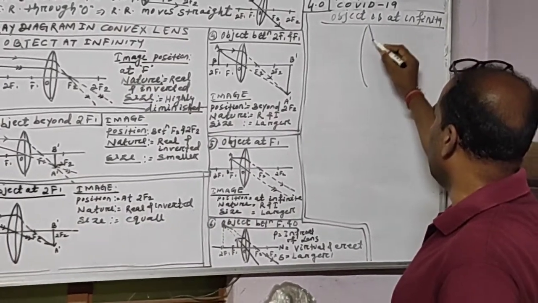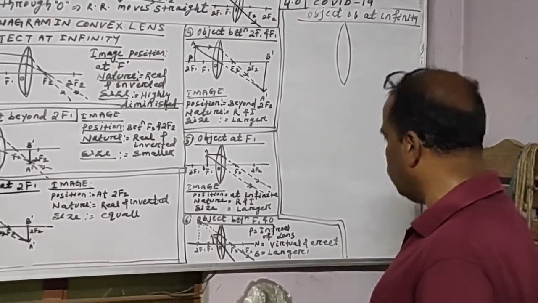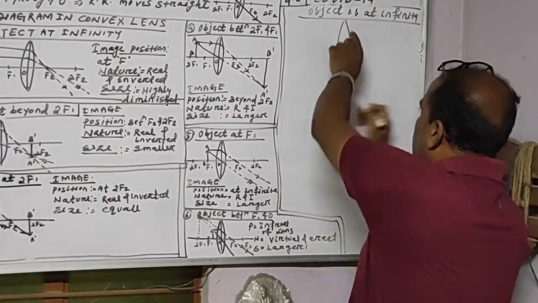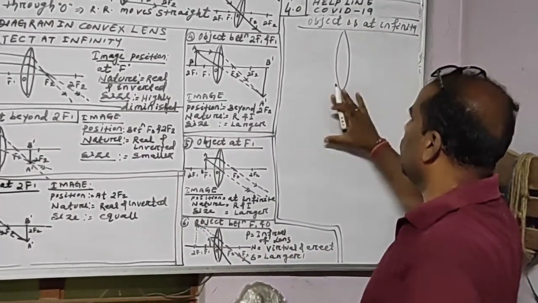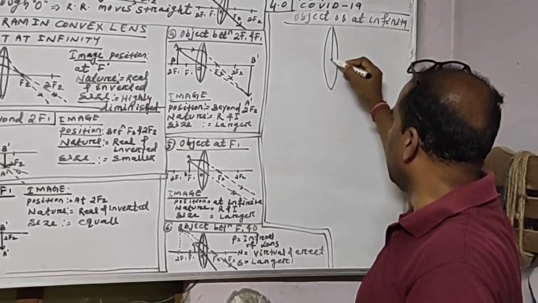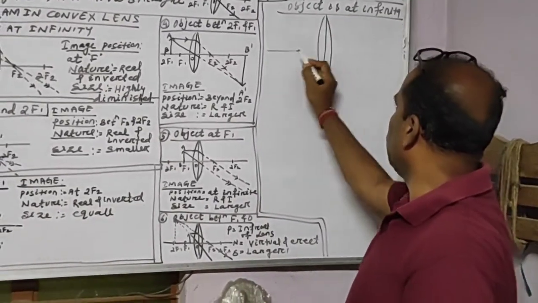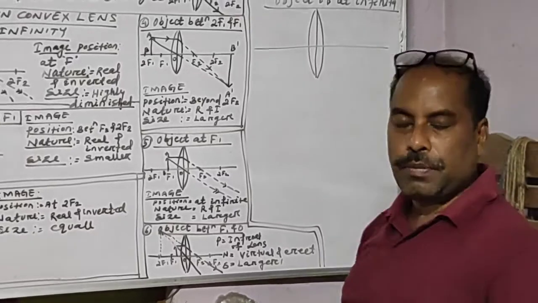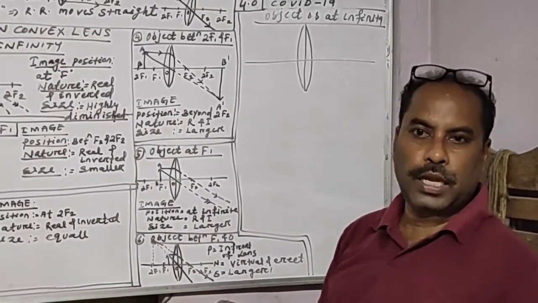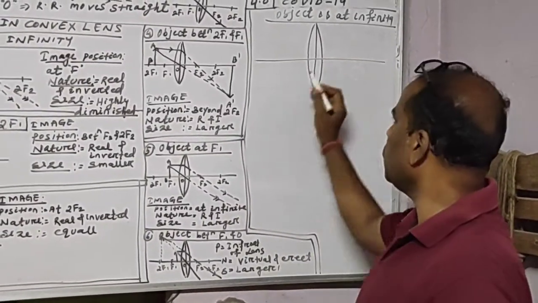We have to draw it. I told you, you can use a protractor. You just put the protractor like that. Again put the protractor like that. You will get the convex lens. Then in the middle you will get the transverse. At the middle you can draw the principal axis. That should always be done with scale and pencil.